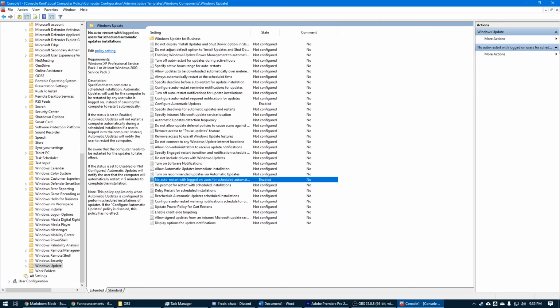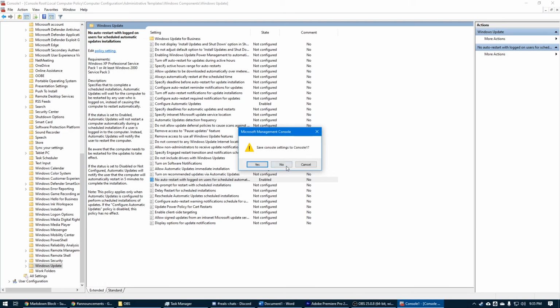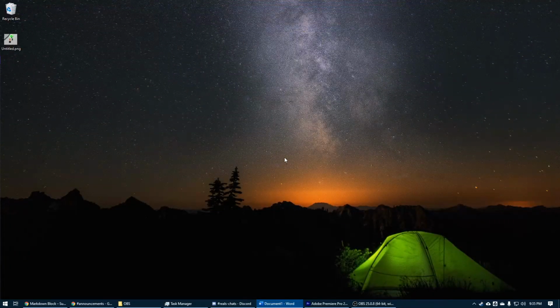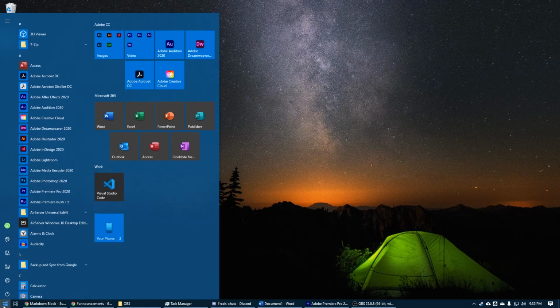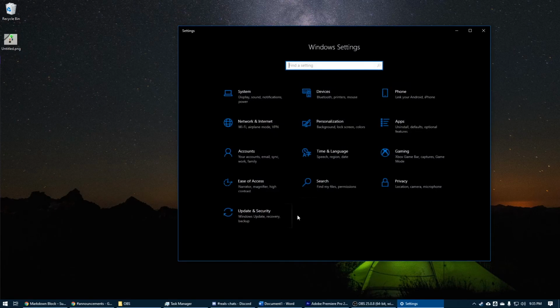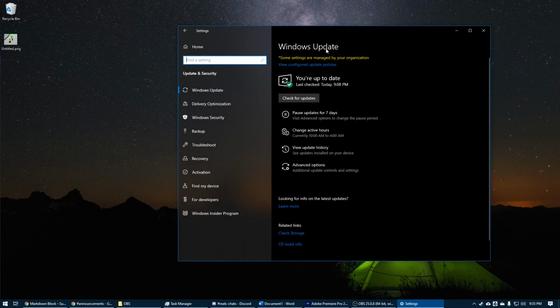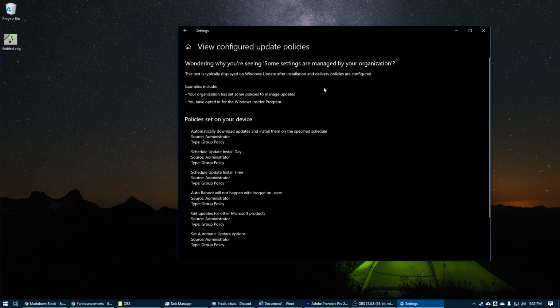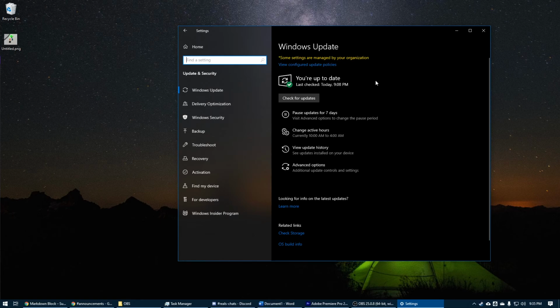So these settings auto-save, so we can just press X here, and we're going to press No, because this save prompt is different from what this actually is. It's legacy stuff, don't worry about it. You just press No, and to verify that your changes have been made, press Start, Settings, Update and Security. You'll notice you have a little flag here, and you'll notice that all the changes you made are now reflected in this. You might not see some of them, like install day, install time. Some of them might not have been applied. I made some tweaks in there myself. But if that's showing up, you're all good.